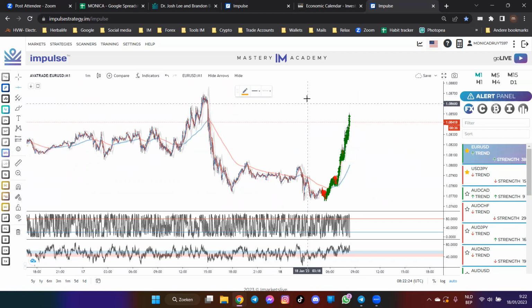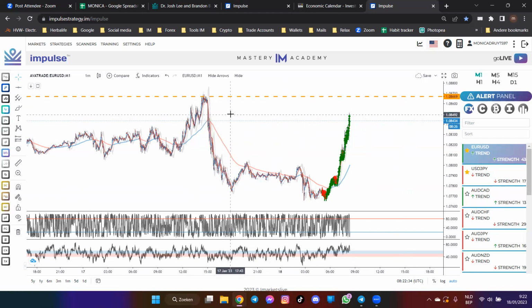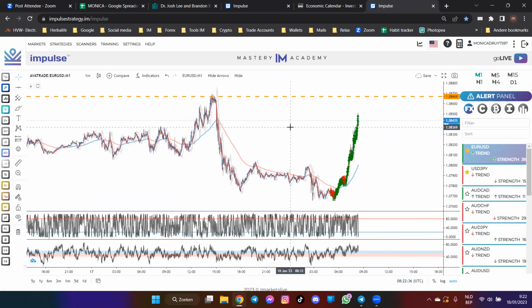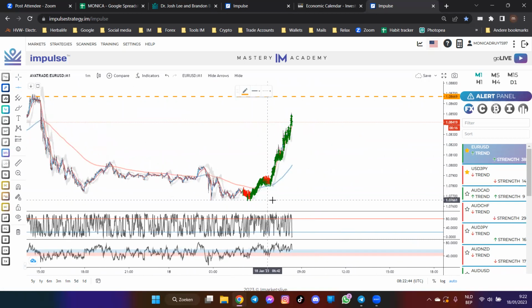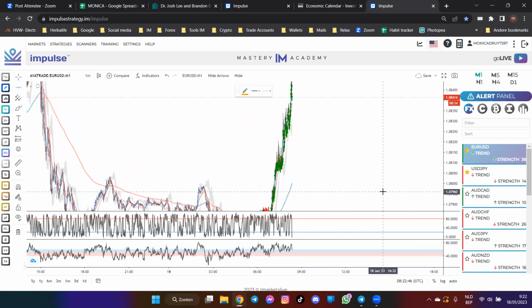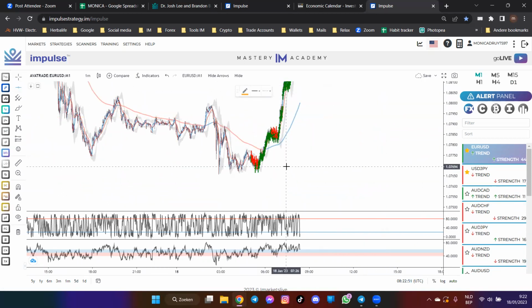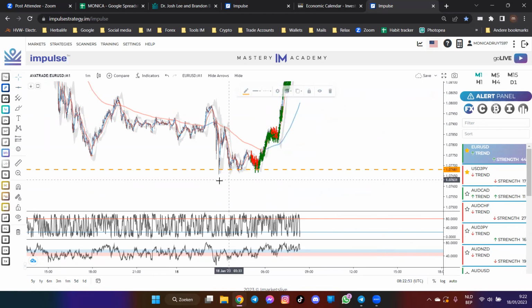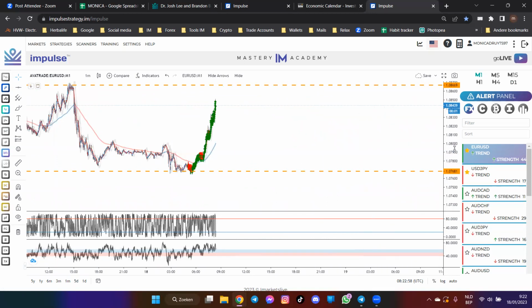Did anyone want to ask something? Okay. So the orange lines you're gonna see on my chart are the highest and lowest points on the 1-minute time frame from the last couple of days or max a week or something, so that I know where price is going to move.